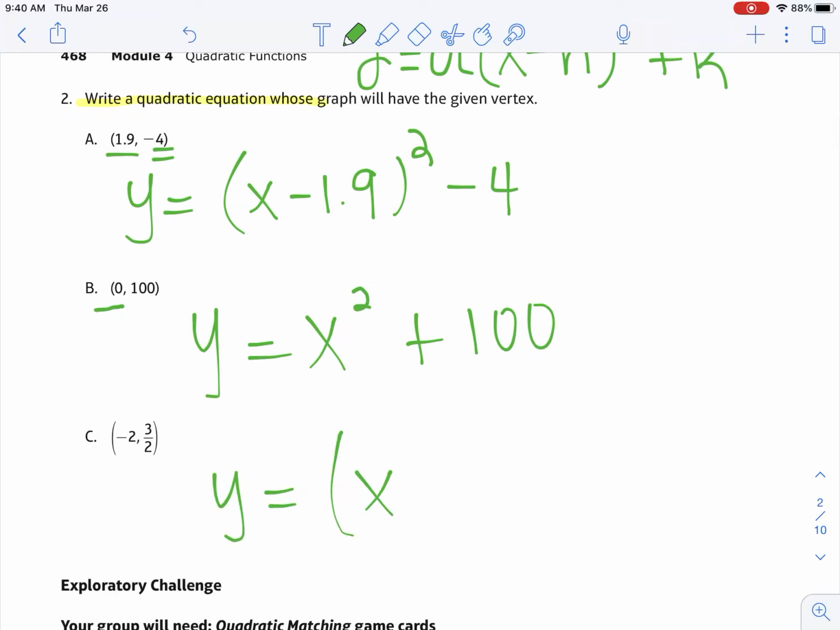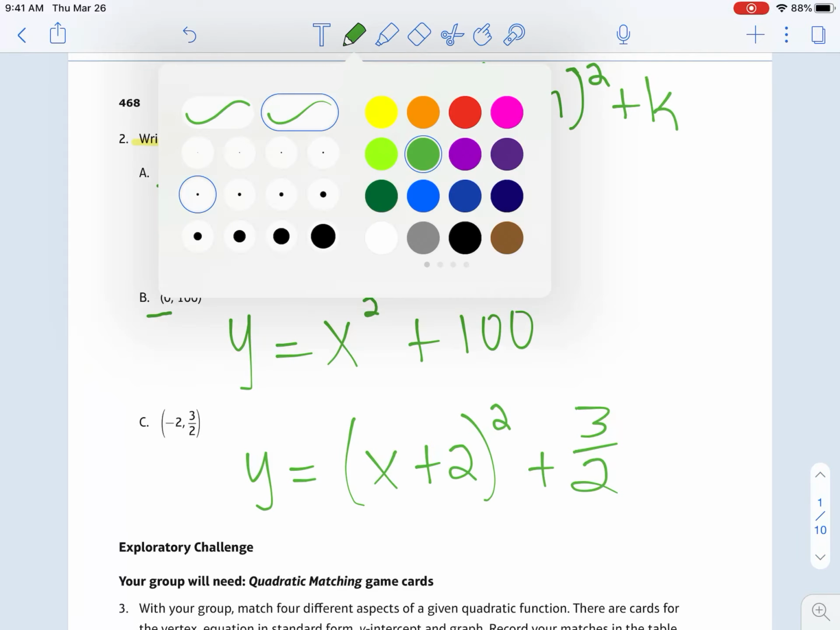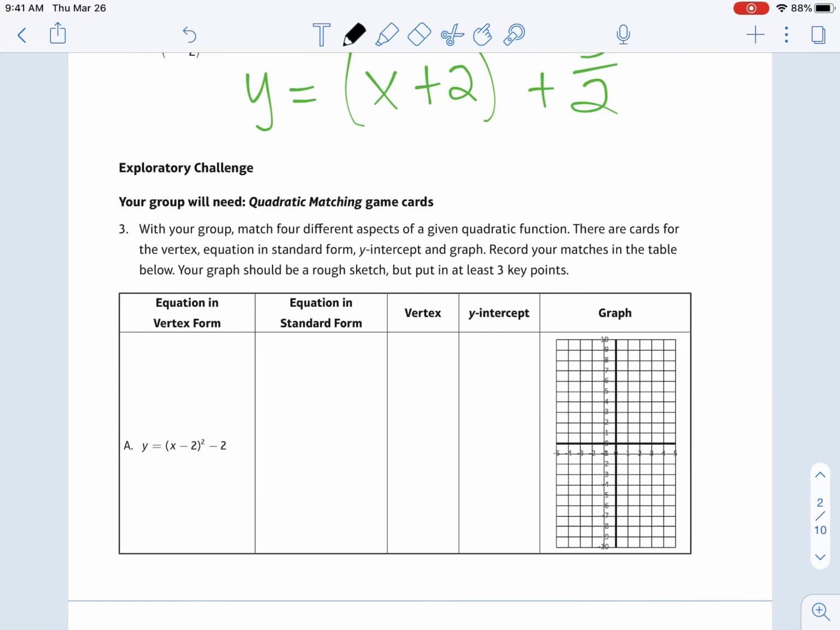This next one, y equals x, the opposite of a negative 2 is a positive 2. And then the graph shifts up 3 halves, so basically 1.5 units. So we're just going to write it as 3/2 for the sake of simplicity. All right, so there you go. There's our vertex forms based off just the given vertex. Go ahead and pause, take a minute, do what you have to do. All right, so now,